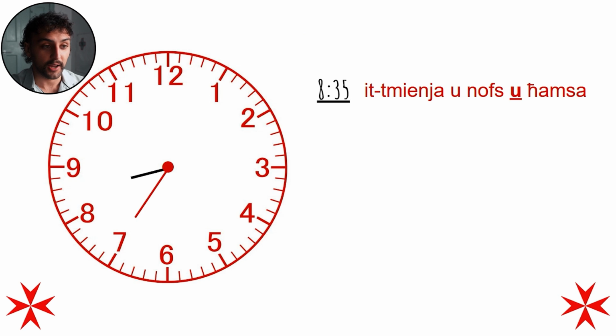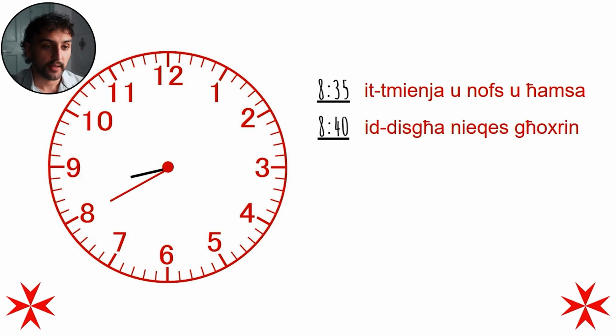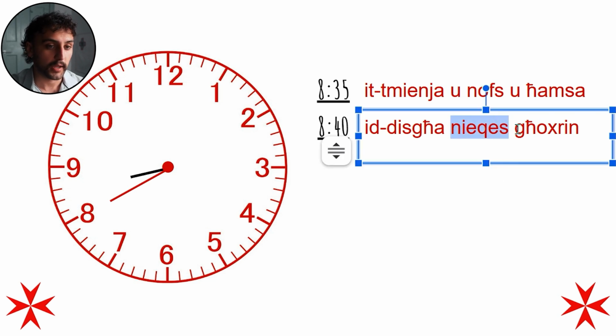Now let's take a look at the last few times. We're nearly there. So, for the time 20 to 9, we say idissa ni es oshrin. Let me just break that down for you. Hopefully you remembered that idissa is how we say 9 o'clock in Maltese. Then we have the word ni es, which of course means minus. And then we have oshrin, which of course means 20. So, all in all, the entire sentence, idissa ni es oshrin, literally translates to the 9th hour minus 20, which